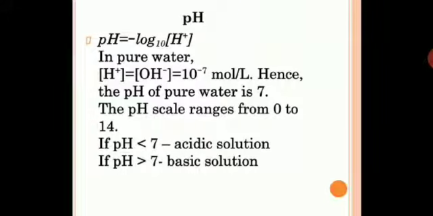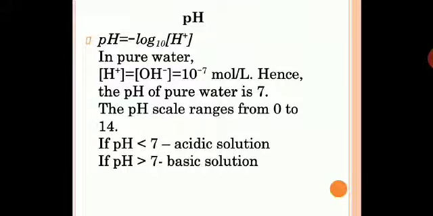The pH scale ranges from 0 to 14, and you take down this information, it will be very helpful to solve some simple numericals as well as to identify the nature of substances in your theory part. So the pH scale ranges from 0 to 14. pH smaller than 7 is acidic solution, pH greater than 7 is basic solution, and pH equal to 7 is neutral. You need to understand the mathematical relation between the pH and the H plus ions. They are inversely proportional, and if H plus ions increase, the pH value will decrease. pH value decreases means the substance becomes more acidic.